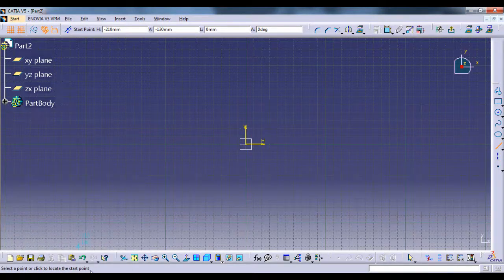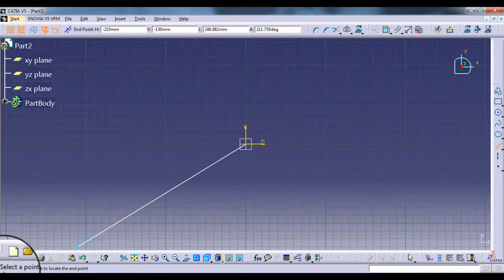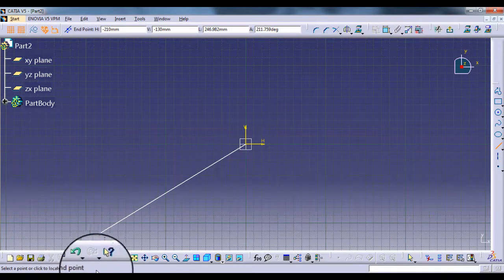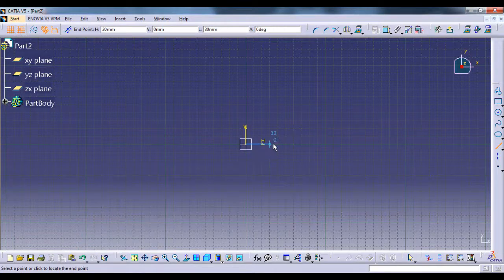So we want our starting point to be origin, so we will first click on origin and then select a point or click to locate the end point.